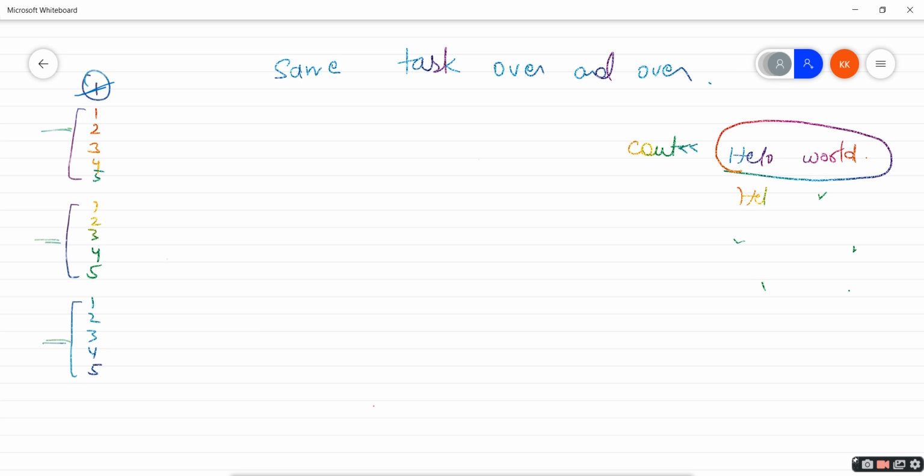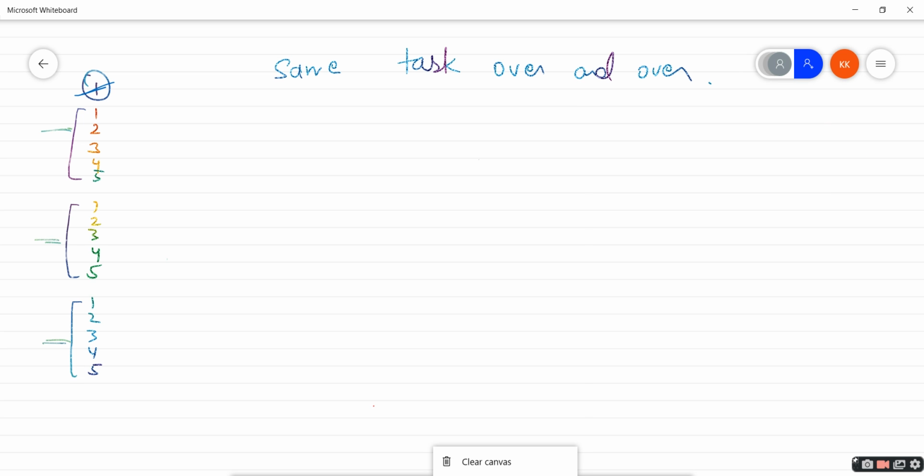So instead of writing multiple couts, what can I do? I can just simply use a for loop, and in this for loop, whatever the number of times I need to repeat, I need to make sure that this cout is going to be executed that many times.